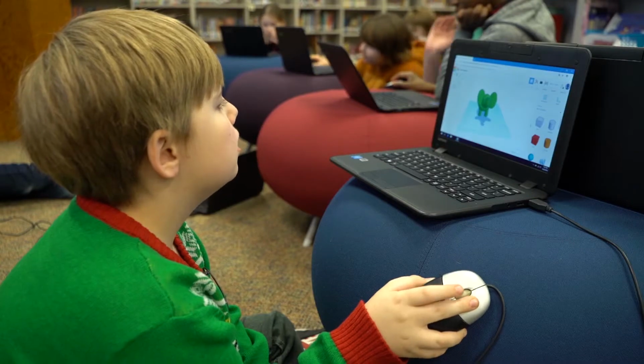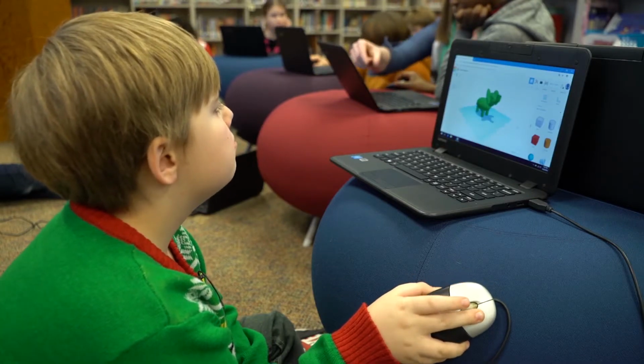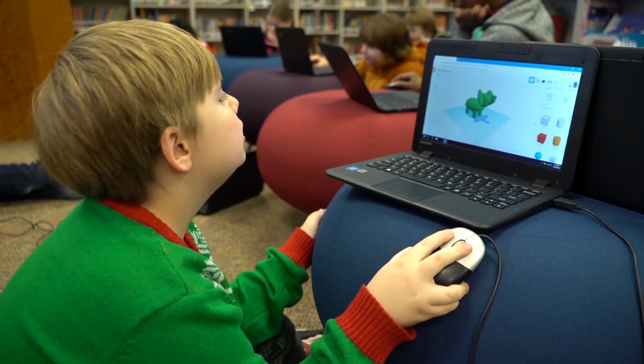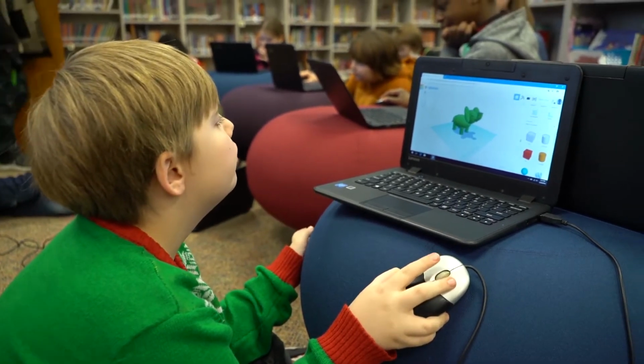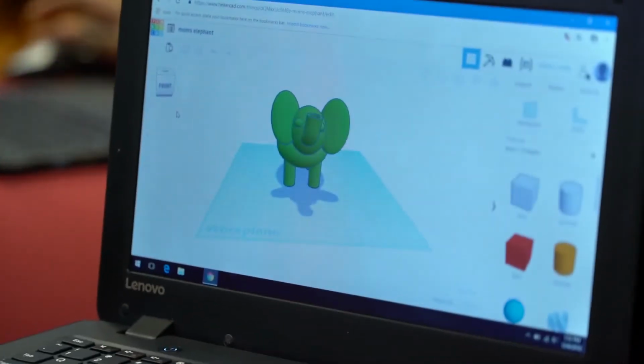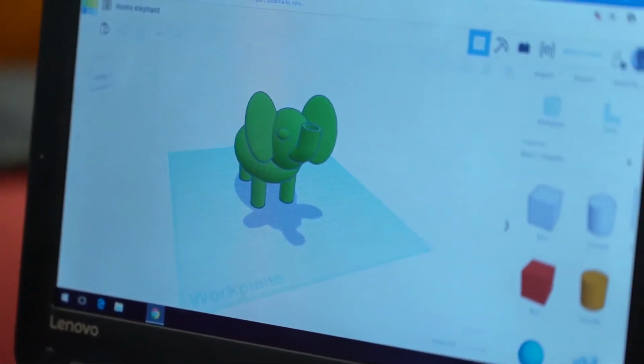This is my mom's. I'm creating an elephant for my mom. Of course, as you look right here where the mouse is, it says mom's elephant. Because I'm just making something. Of course, I had to use